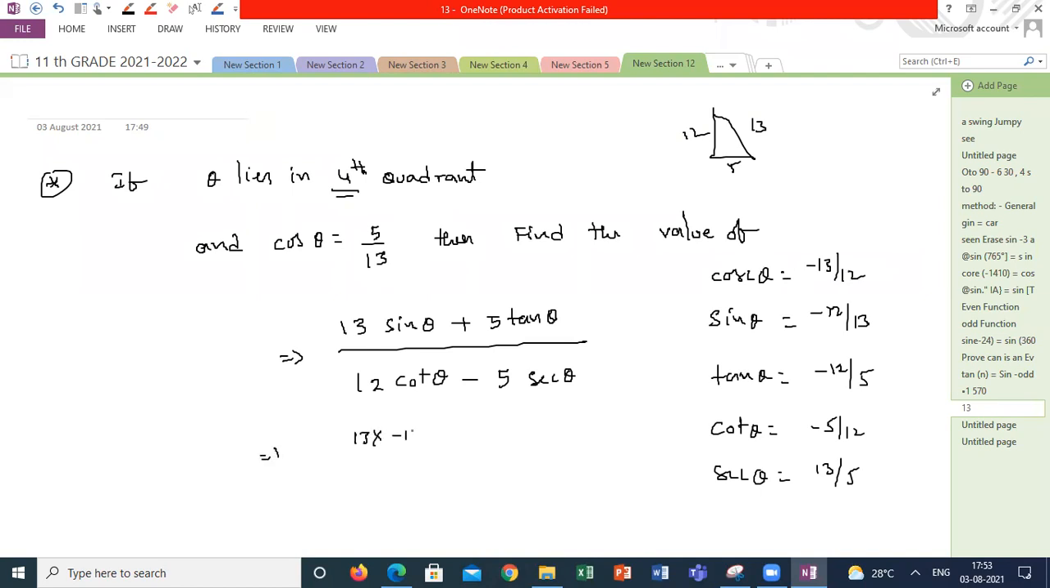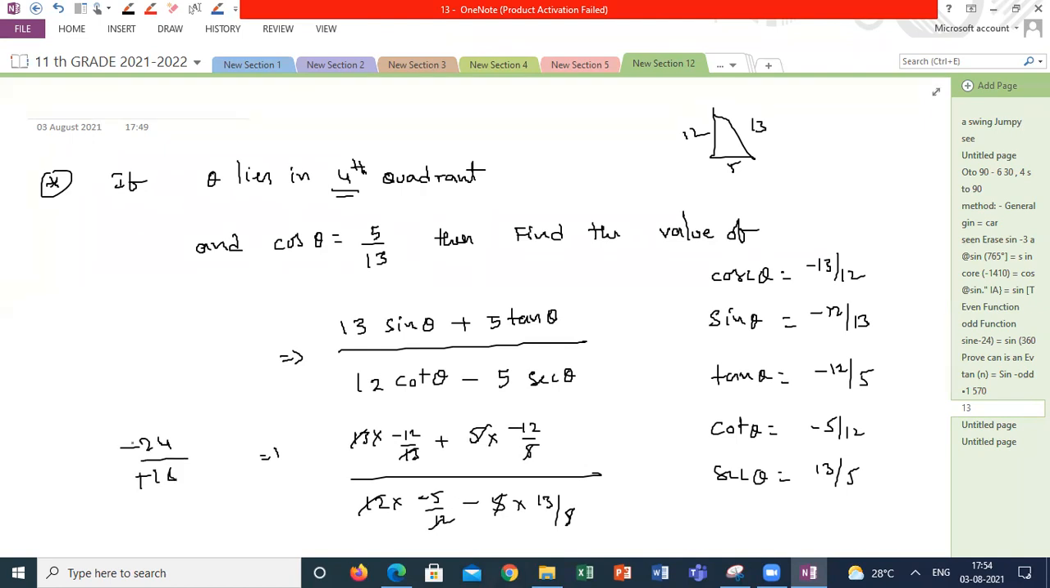13 into minus 12 by 13, plus 5 into tan theta, which is minus 12 by 5, divided by 12 into cot theta, minus 5 by 12, minus 5 into secant theta, which is 13 by 5. So 5 cancels, 12 cancels, 13 cancels, 5 cancels. So here minus 24 by minus 18. Minus cancels, 6 4s are 24, 6 3s are 18, so 4 by 3. Simple. When they give little bit lengthy questions, you can skip some steps and go straight away